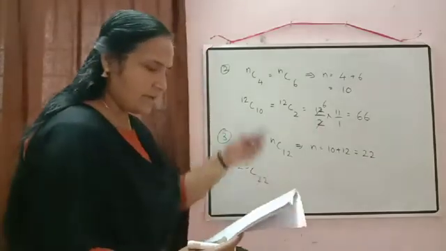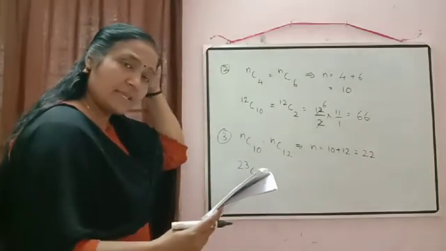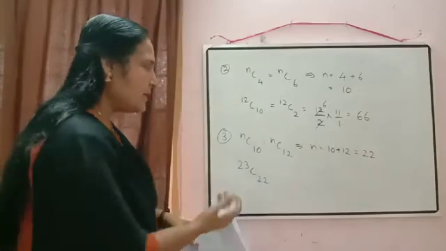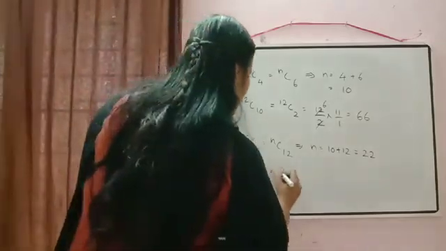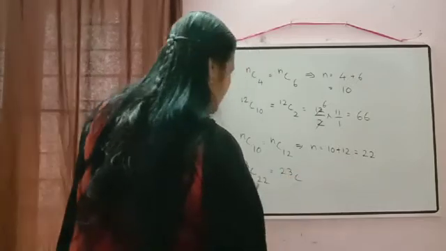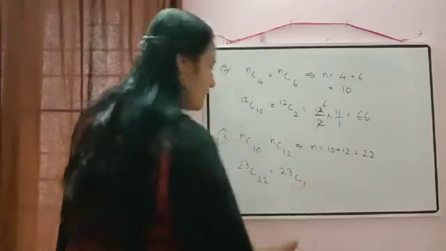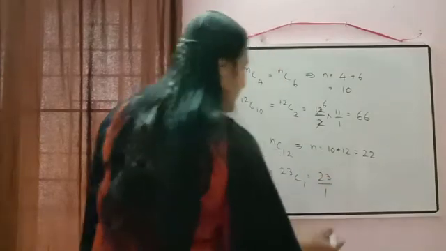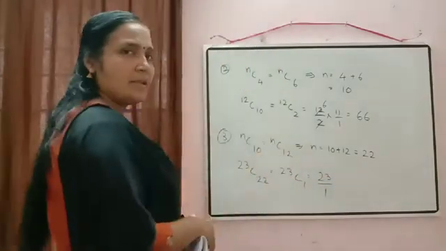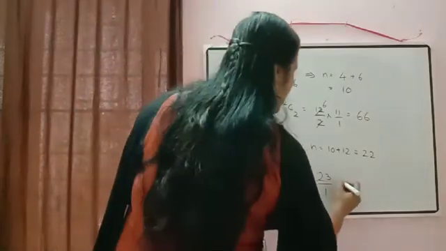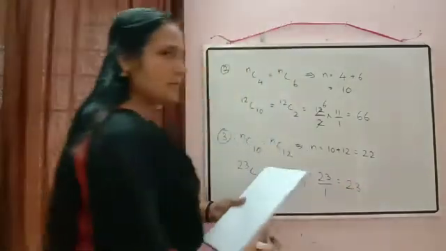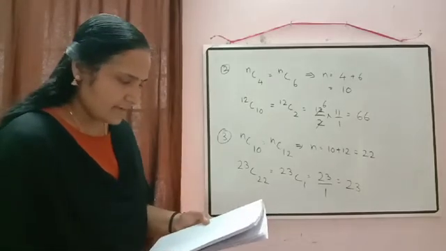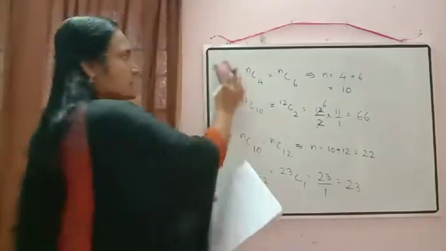23C22, and already we have calculated. And then the question is written, find 23C22. So that directly we can do according to the property. What will come? 23C(23 minus 22) will be equal to 23C1. And then by the property what will come? 23 by 1. So in the first step only we are getting the denominator equal to 1. So the answer will be equal to 23. Clear? Okay. Then next is question number 4.